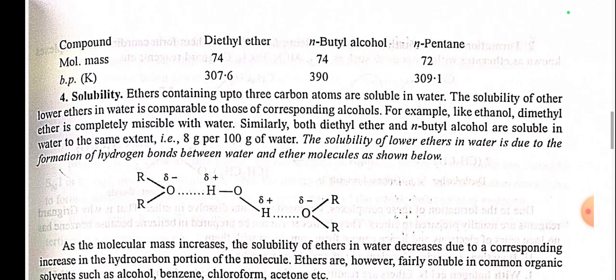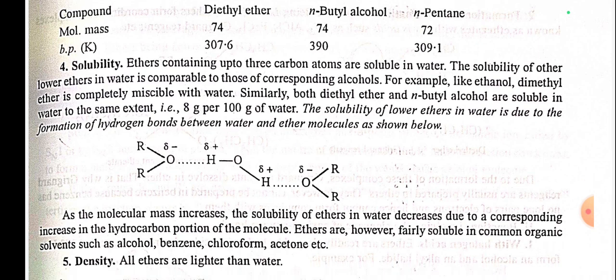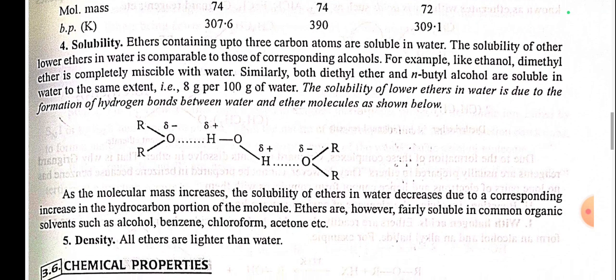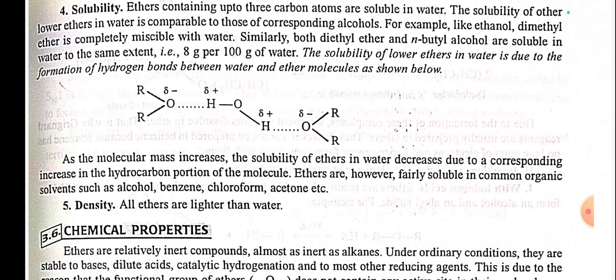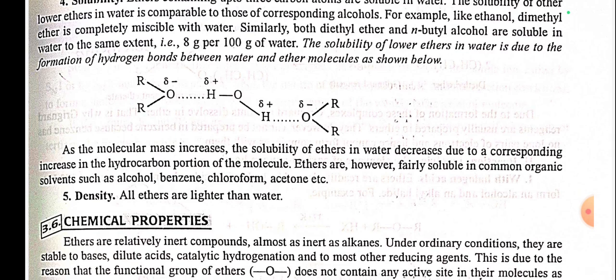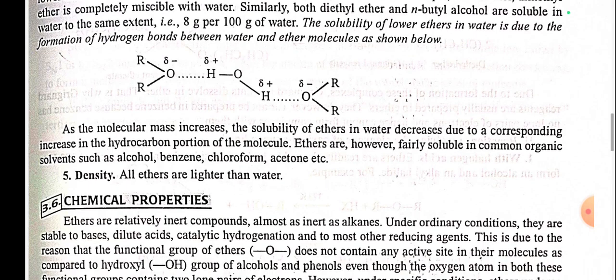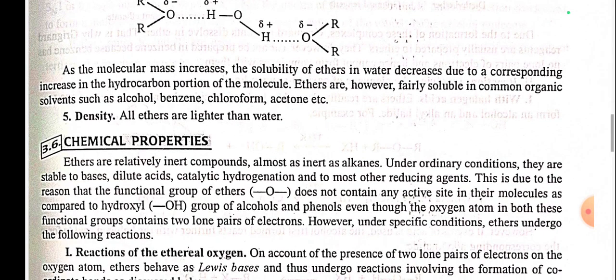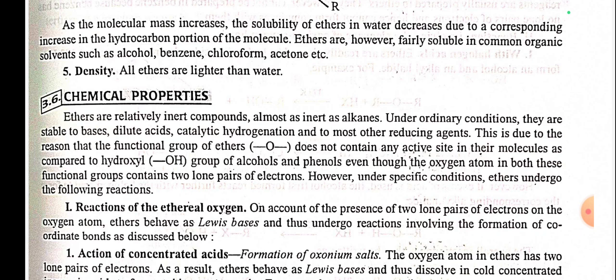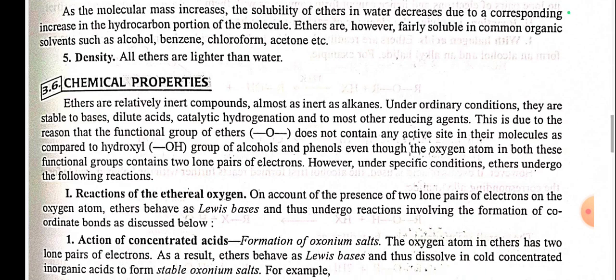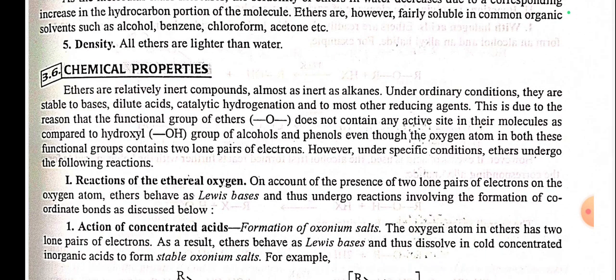Solubility. Ethers containing up to 3 carbon atoms are soluble in water. The solubility of other lower ethers in water is comparable to that of the corresponding alcohols. For example, like ethanol, dimethyl ether is completely miscible with water. Similarly, both diethyl ether and n-butyl alcohol are soluble in water to some extent, 8 gram per 100 gram of water. The solubility of lower ethers in water is due to the formation of hydrogen bonds between water and ether molecules as shown below. As the molecular mass increases, the solubility of ether in water decreases due to the corresponding increase in the hydrocarbon portion of the molecule. Ethers are, however, fairly soluble in common organic solvents such as alcohol, benzene, chloroform, acetone, etc. Density. All ethers are lighter than